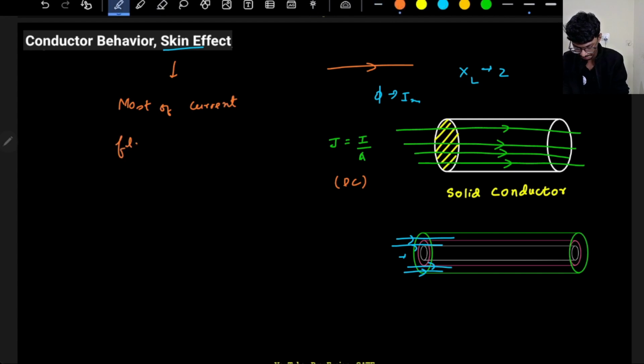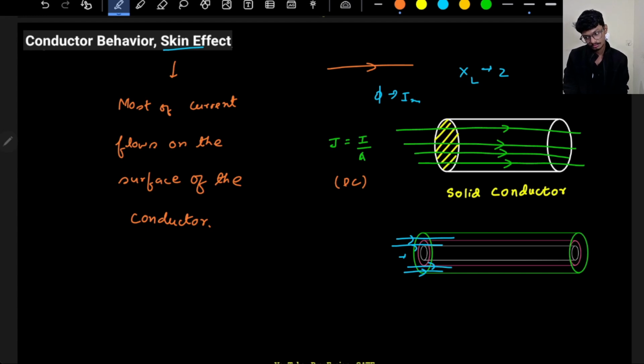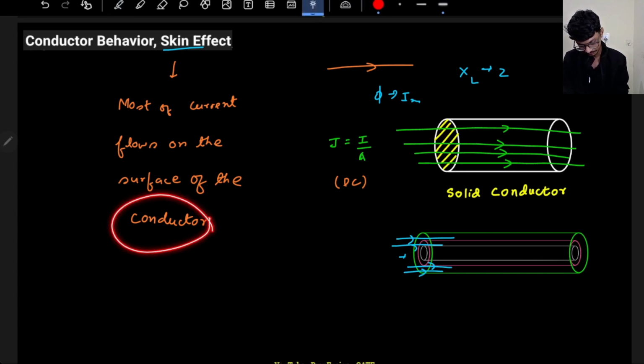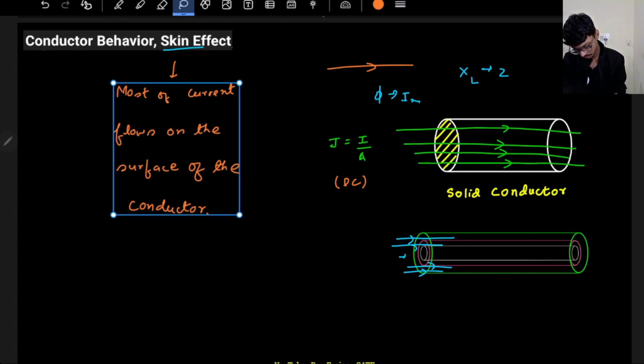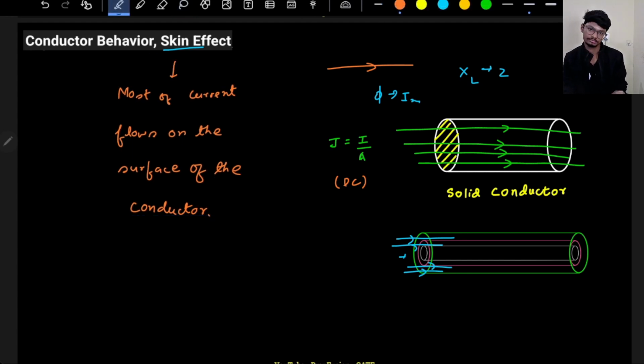flows on the surface of the conductor. Most of the current flows on the surface of the conductor. Okay, so what I can say is,